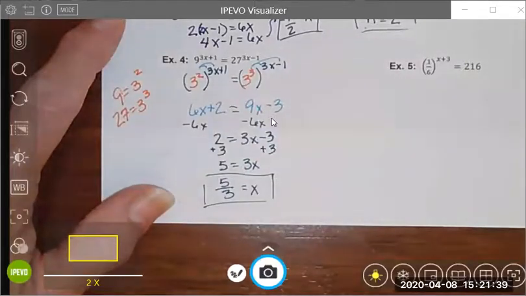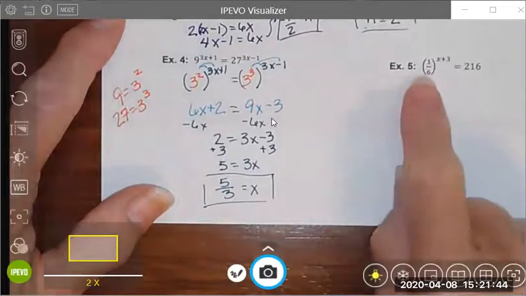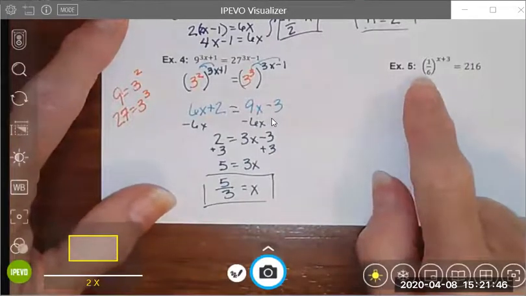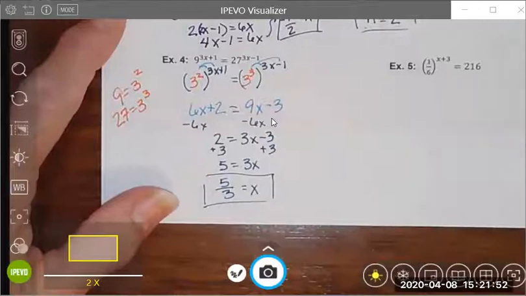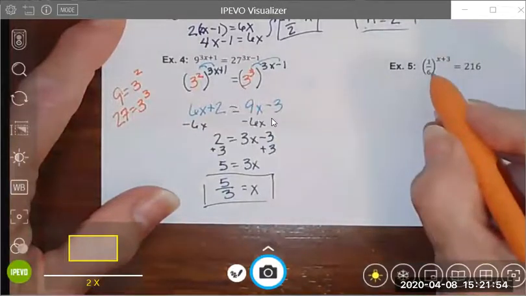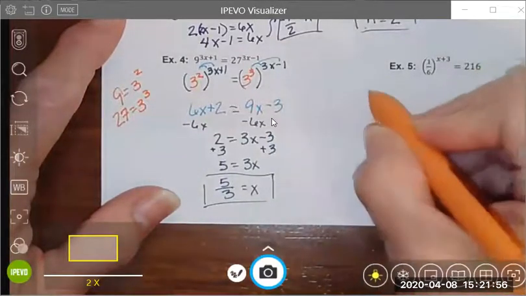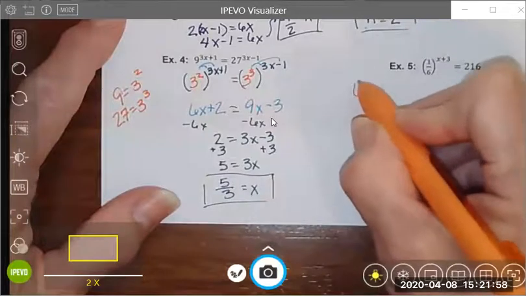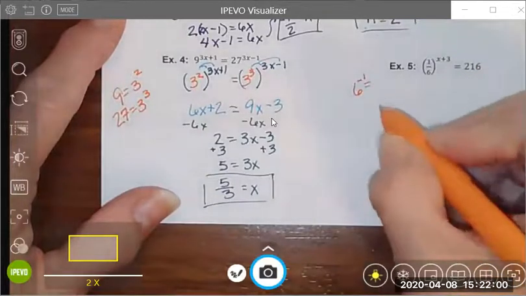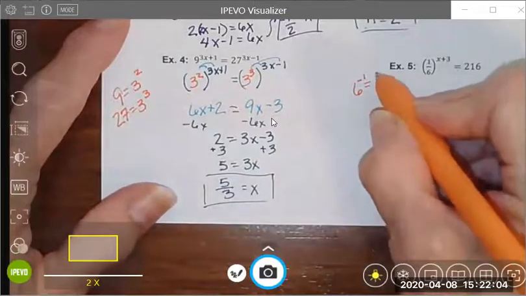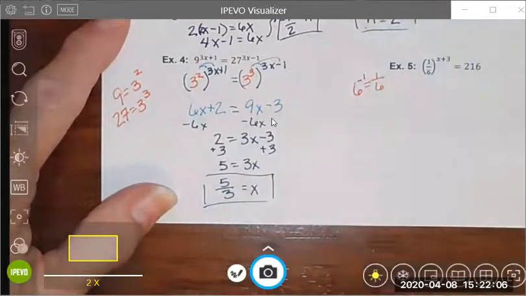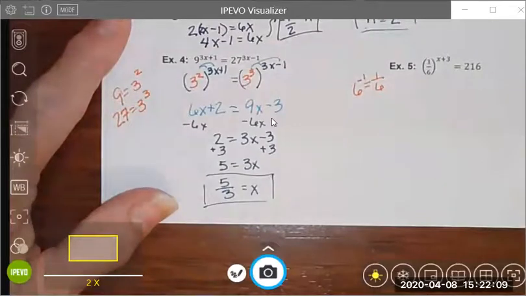Let's look at example 6 next. This one might look intimidating because the base on the left-hand side of this equation is a fraction. But let's remember that our fractions can be rewritten using negative exponents. So if I think about this one, I will do that over here. 6 to the -1, because it's a negative exponent, I flip and become positive, is the same thing as 1 over 6. And 2 to the